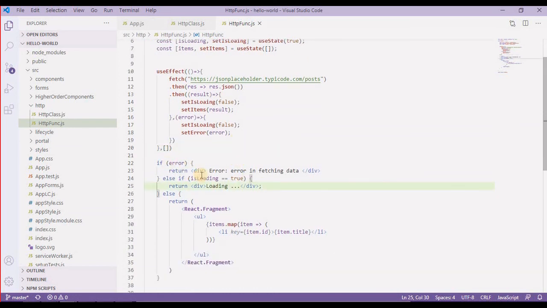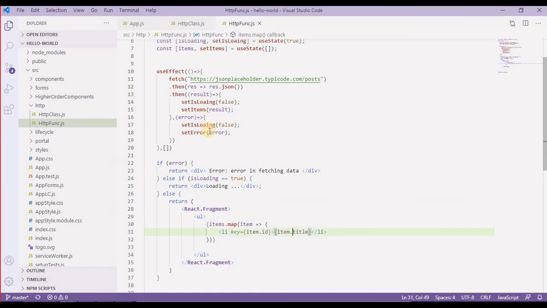So if we get an error, we are returning some error message, and if isLoading is true, then we are returning that it is still loading, and after that we are returning this ul or li elements with the map function.